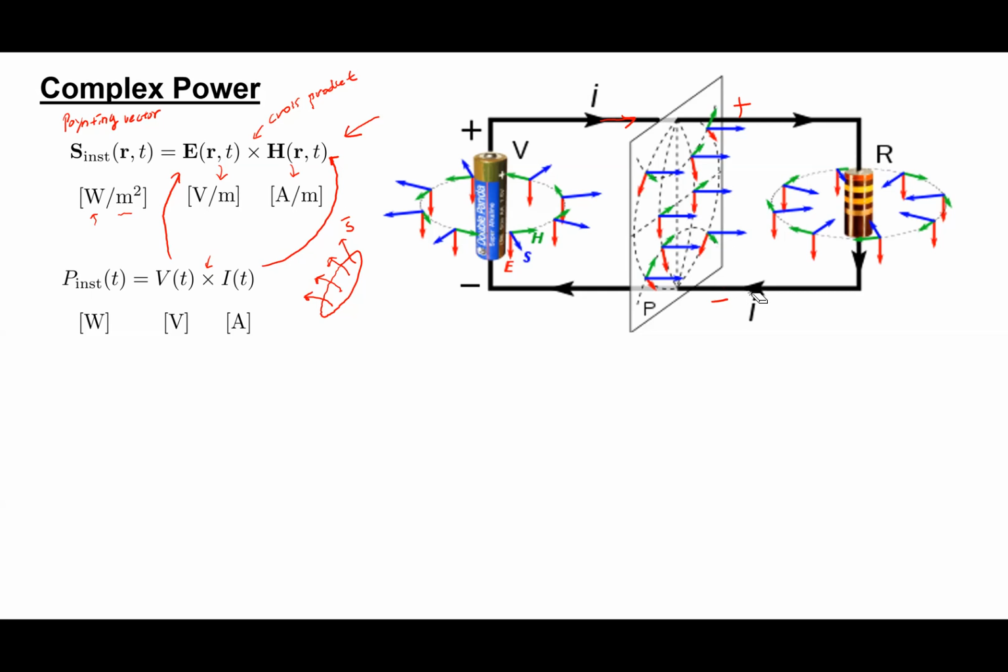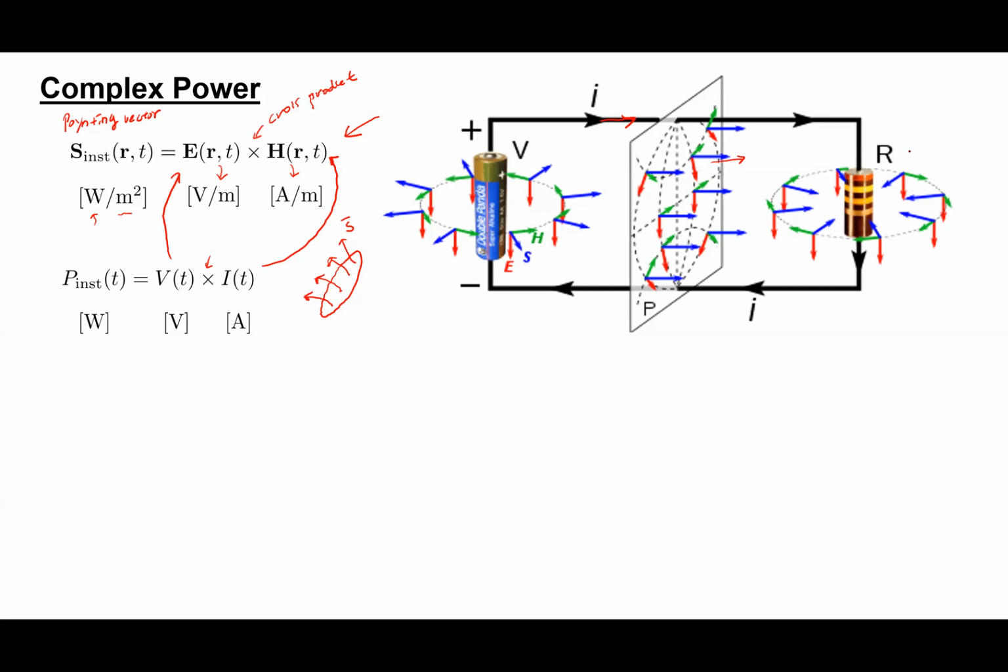So this is going to be the electric field. And you can also use your right hand to measure the direction of the power flowing. In this case, the power is moving from the left to the right. Okay,